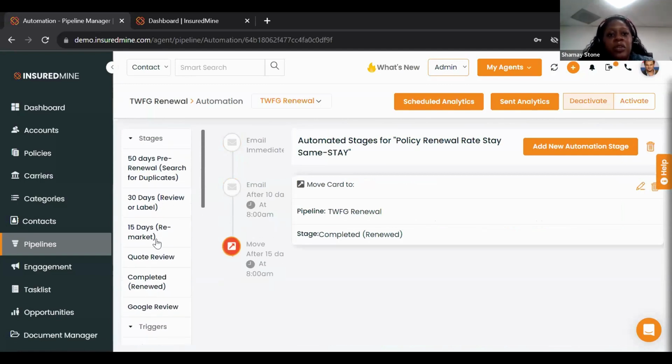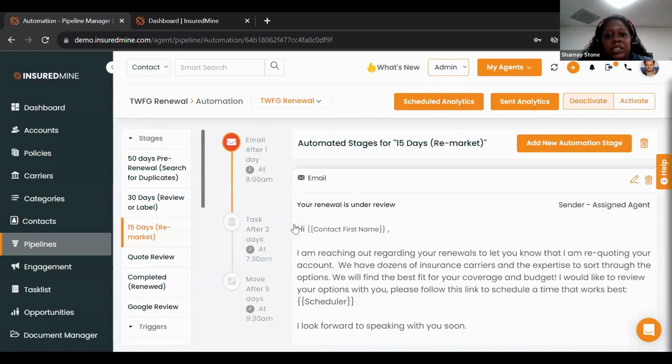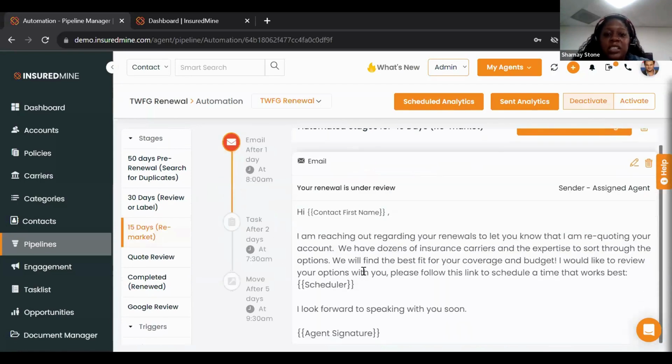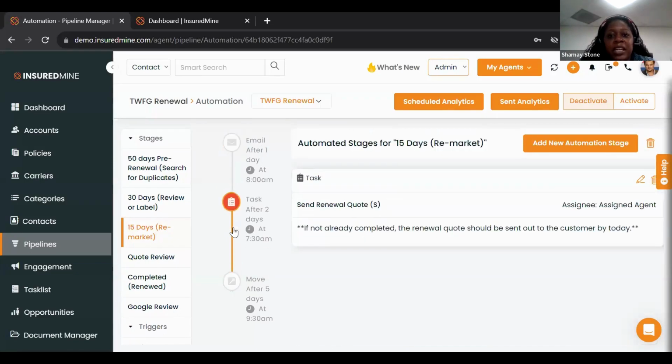Now, let's say it's better for Sarah to be remarketed. You're going to move her to this 15-day stage. And it's just letting Sarah know that you're reaching out. You're letting her know you're being proactive, you're getting in front of it, that you're requoting her. It's just better for her to be requoted right now based on her carrier needs and the pricing. She will get this email after one day. Two days later,